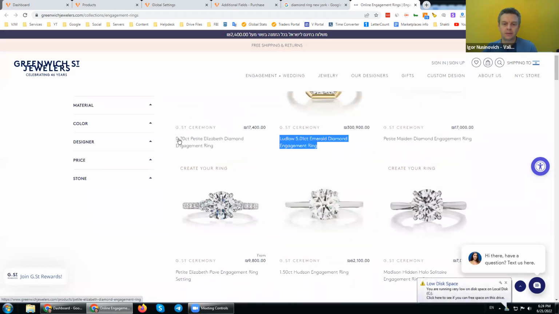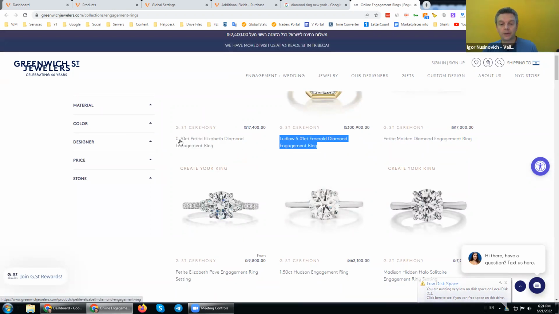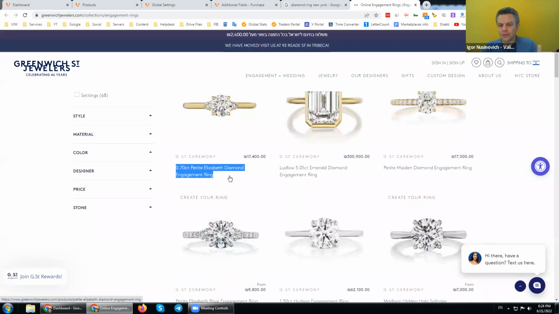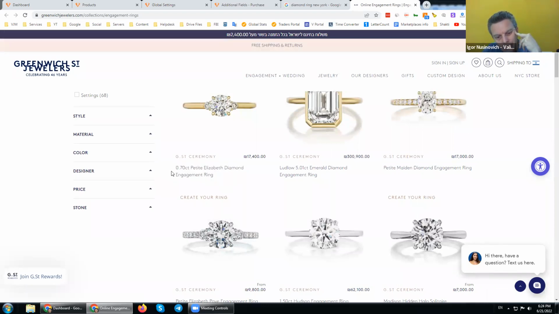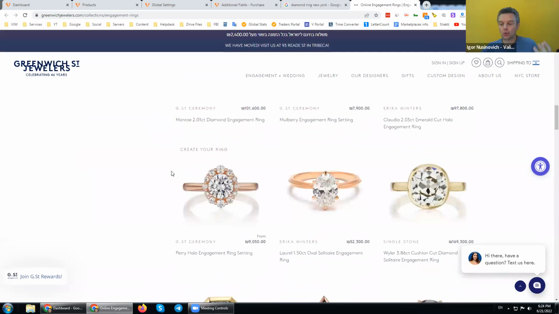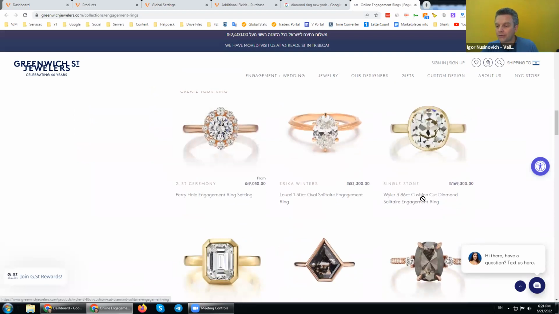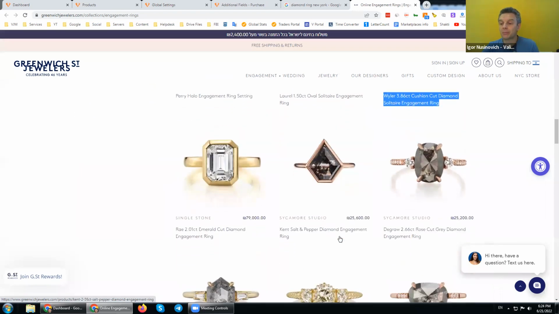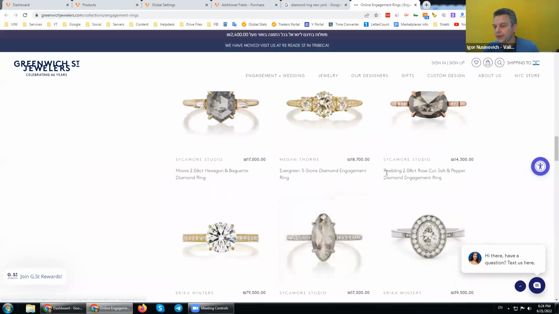In this case, I see that this item has quite a long title, which might lead to the client not looking at it. Why? Because I'm not ready to look at the 0.70 petite Elizabeth diamond engagement ring. Maybe I, as a buyer, expect something shorter at this stage, or here, Weiler 3.86 carat cushion cut diamond solitaire. This might be a little too long for the beginning, or here we see quite a long title.